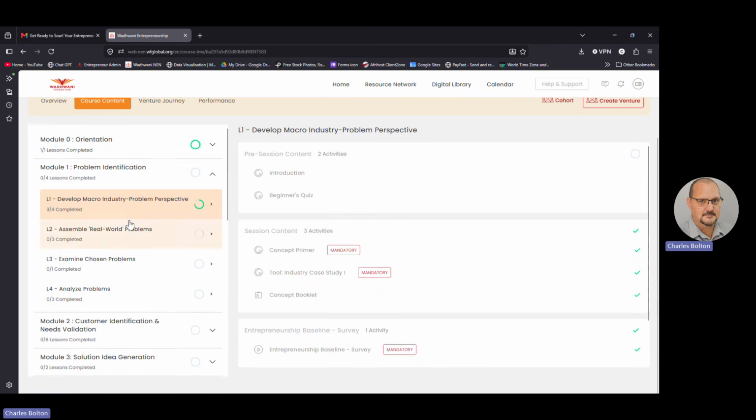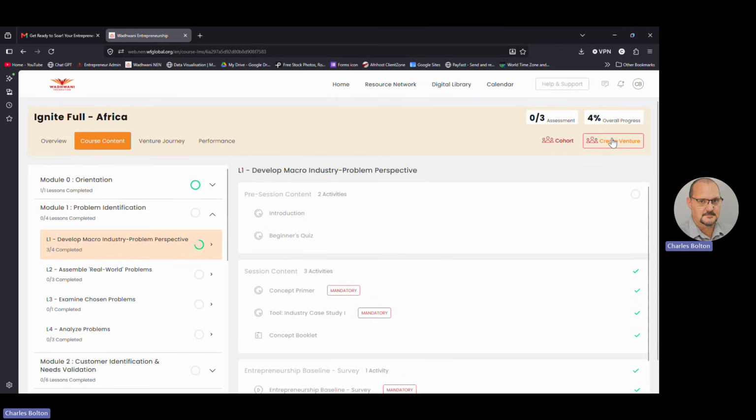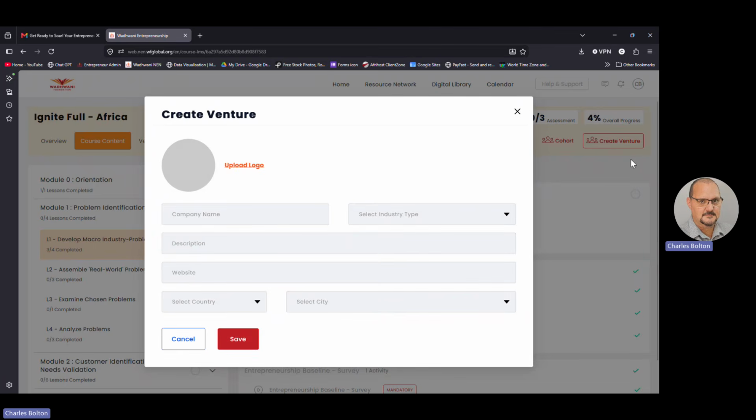Having done that will now allow you to go and create the venture. This is our next step. If you're working in teams, your students might have formed teams. They will be able to create their team. If you are an individual, you can work individually. So just click on create the venture or create the team, whichever message pops up for you. I'm just going to give my venture a name and say,